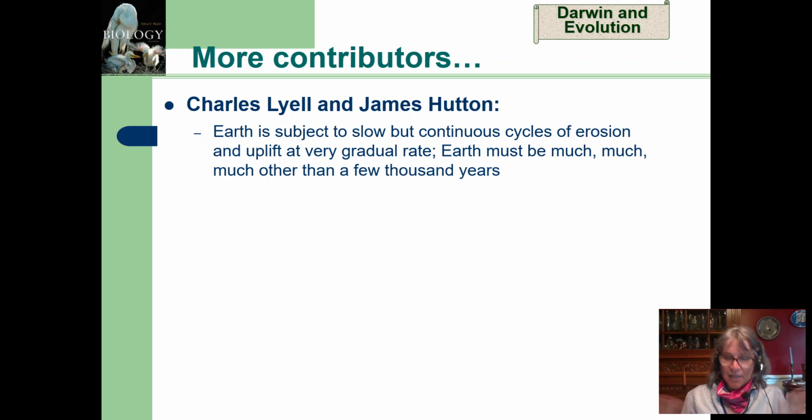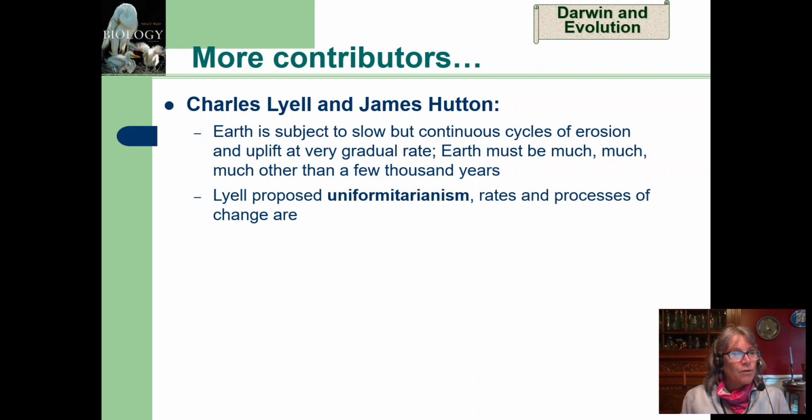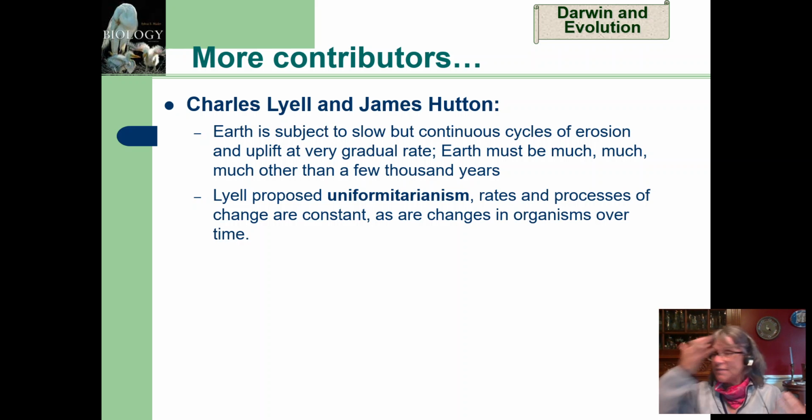At the time it was thought, oh, the Earth is about 3,000 or 4,000 years old. And so there's no way we can see what we're seeing in the mountains and the strata and the different layers for that to be true. So Lyell also proposed, based on those observations, uniformitarianism, which is